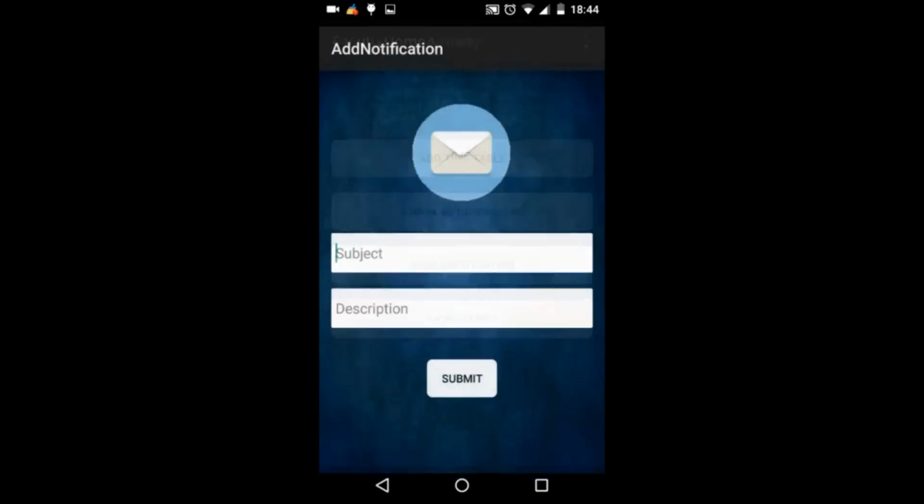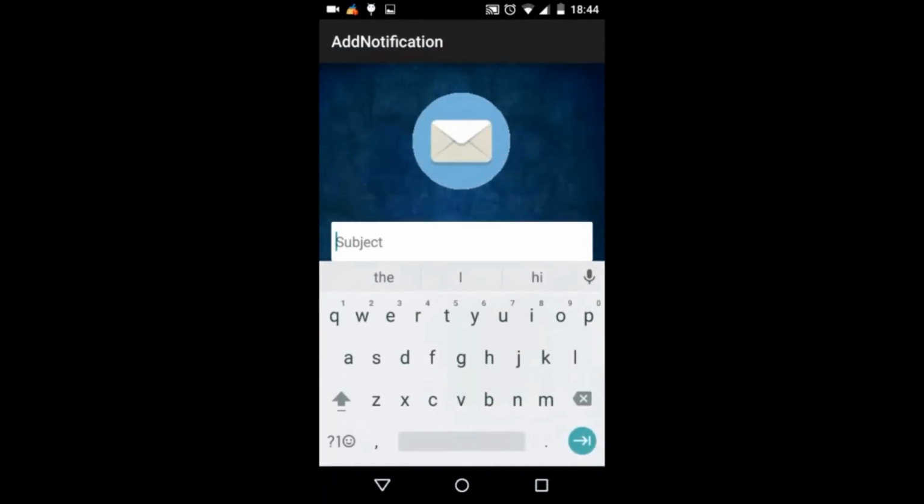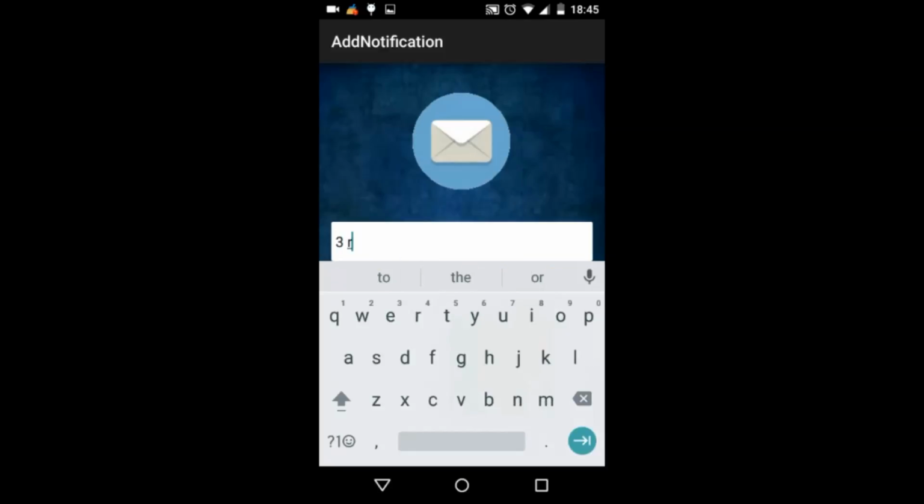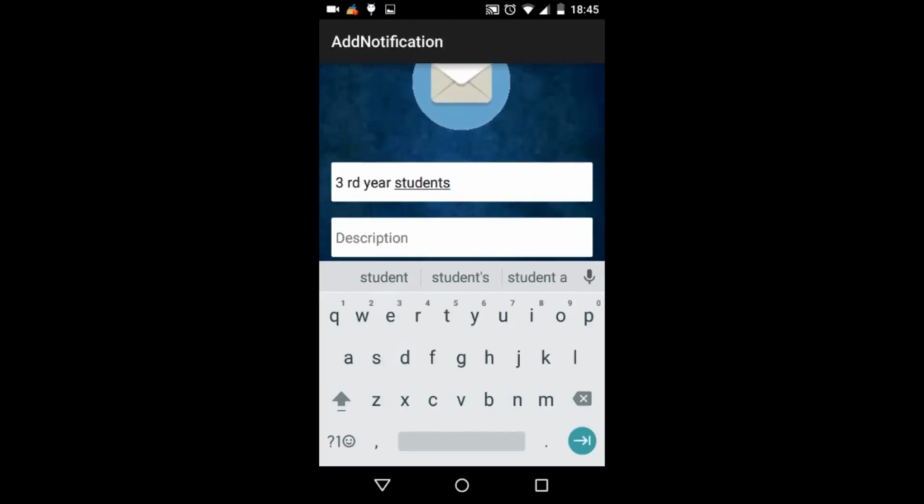Coming to the next option, we have send notification. This is mainly used to provide information about college notices, important holiday notices and notifications. In subject, we describe the year and the semester. Here we describe the public holiday given by the college. We can even update the notifications regarding seminars, road shows, mini projects and many more. This option is mainly used to notify the students up to date about the college information.